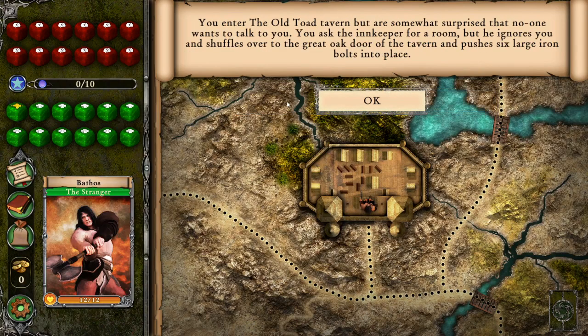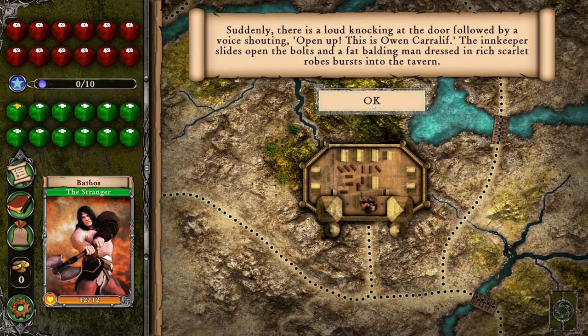No, let's. You enter the Old Toad, but are somewhat surprised that no one wants to talk to you. You ask the innkeeper for a room, but he ignores you and shuffles over to the great oak door of the tavern and pushes six large iron bolts into place. Suddenly, there is a loud knocking on the door, followed by a voice shouting, "Open up! This is Owen Caroliff." The innkeeper slides open the bolts, and a fat, balding man dressed in rich scarlet robes